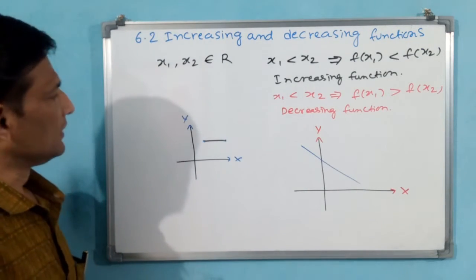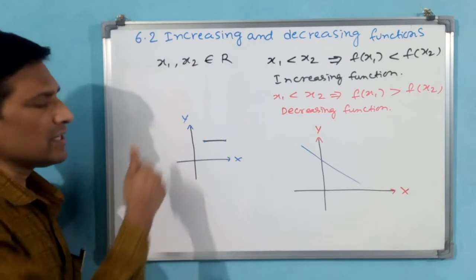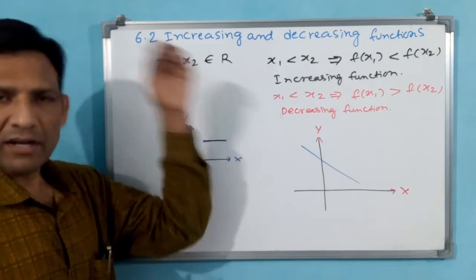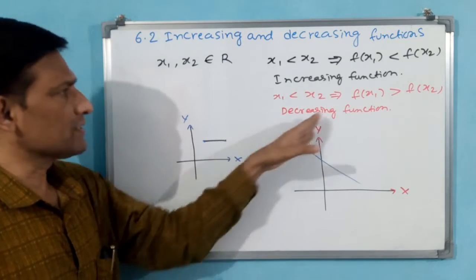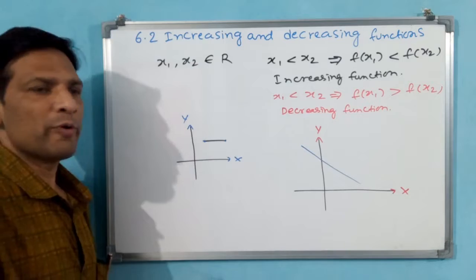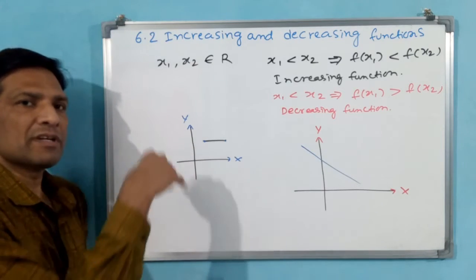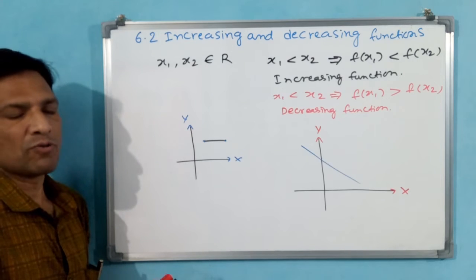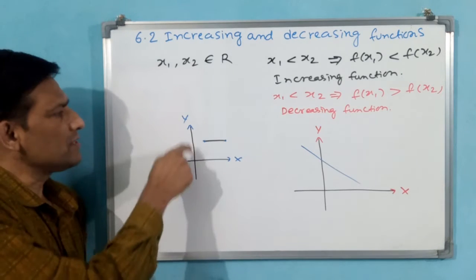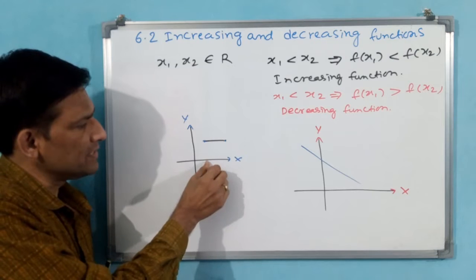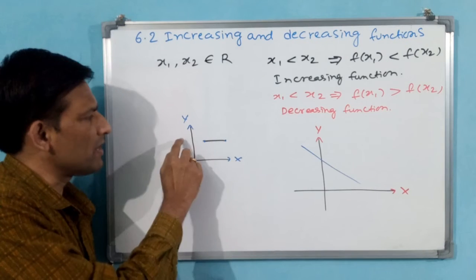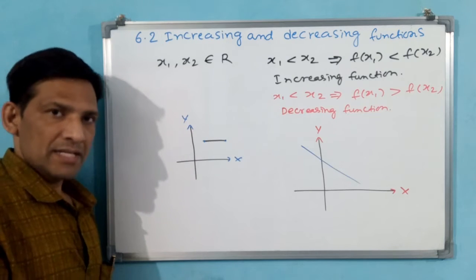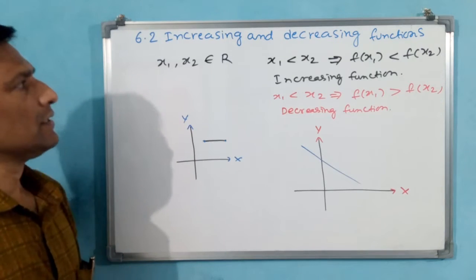See here, this function is a constant function. For this you need not write all these things. Constant, that's all. f of x will be constant, whatever the input. f of x1 and f of x2, whatever you give, the same f of x will come as output. y is output, x is input. See, x is here 3, x is here 10, but y is 2 only. This is a constant function.